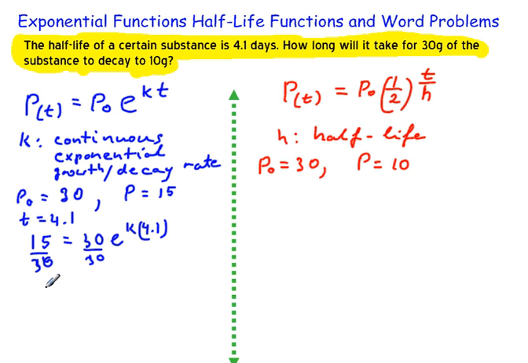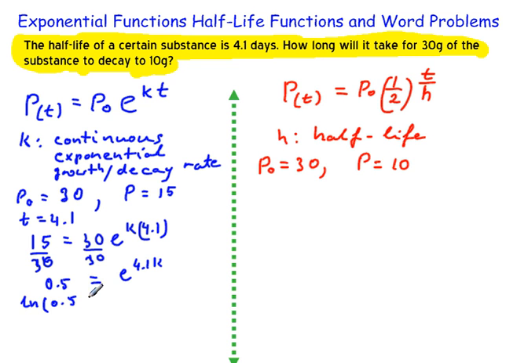So the left side is 0.5, the right side is e to 4.1 k. Now apply logarithm and find the value of k. So the logarithm here that we will apply to both sides will be natural logarithm, so ln